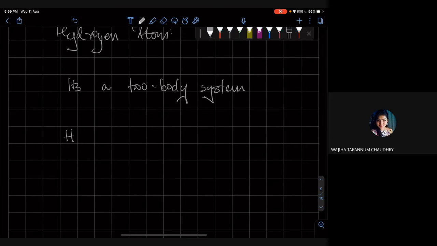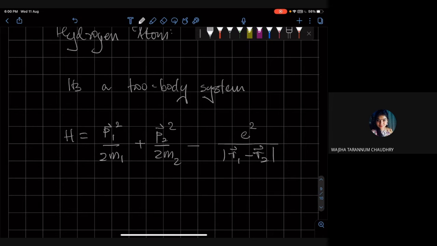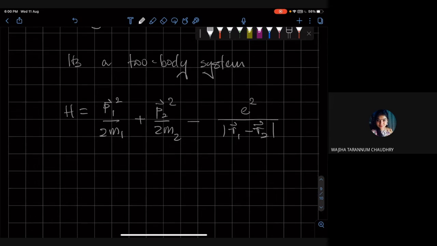So the Hamiltonian will have the kinetic energies for two particles, right? So we will have, say, P1 squared by 2m1 plus P2 squared by 2m2. And then the interaction energy or the potential energy between the two particles, which we know is an inverse square law, and therefore it is a 1/r potential, right? So here we are using the